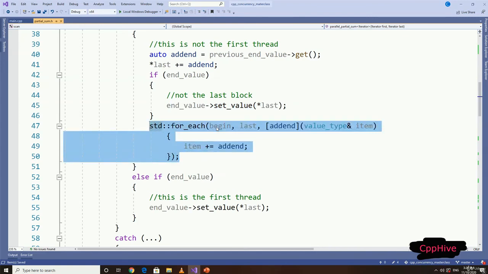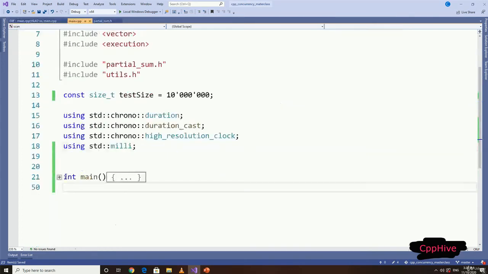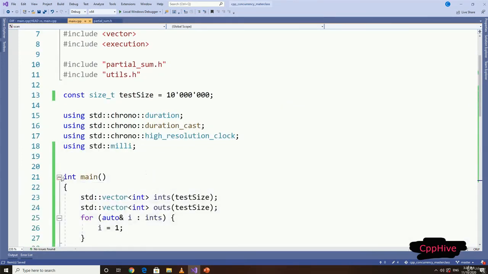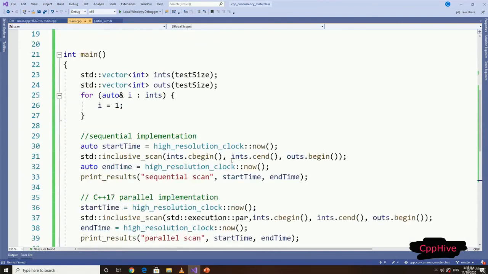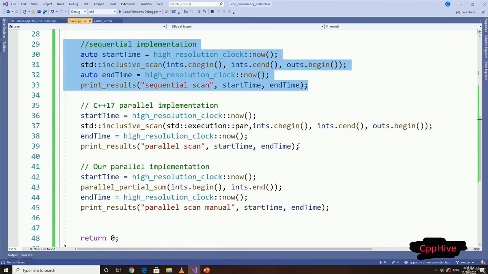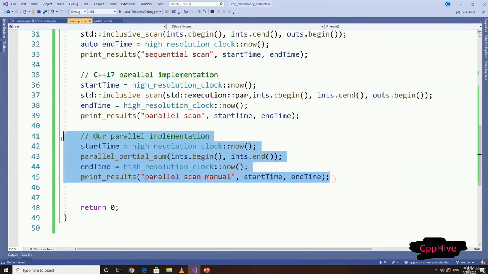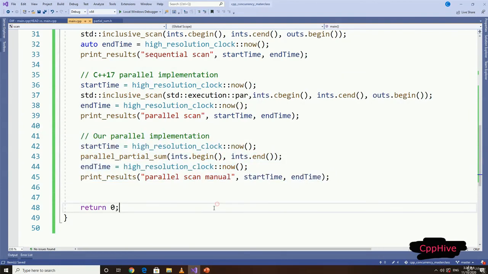Now let's use this implementation from the application side and compare the execution time with the sequential implementation as well. So in the main function, I am going to call parallel inclusive scan available in the C++17 standard using par as execution policy, and the implementation we just did, and measure the time taken by each of the implementations.